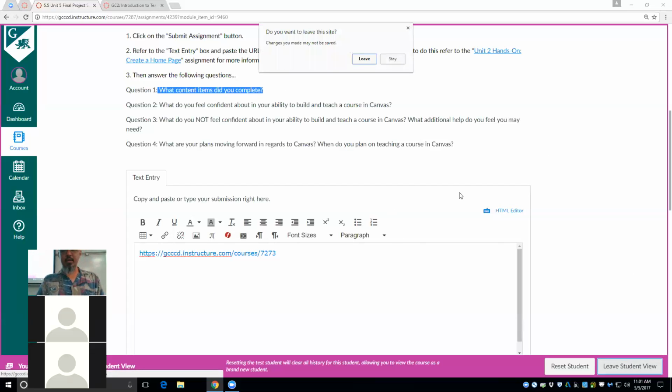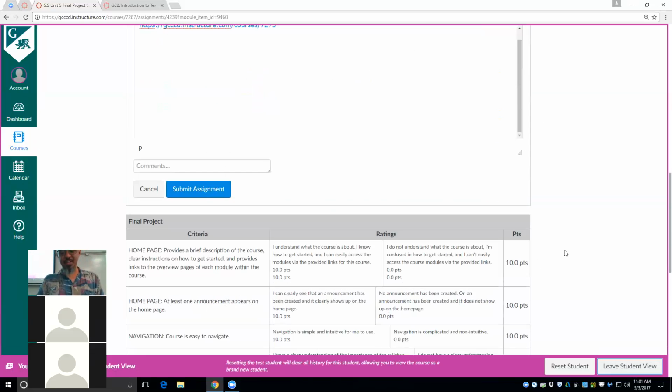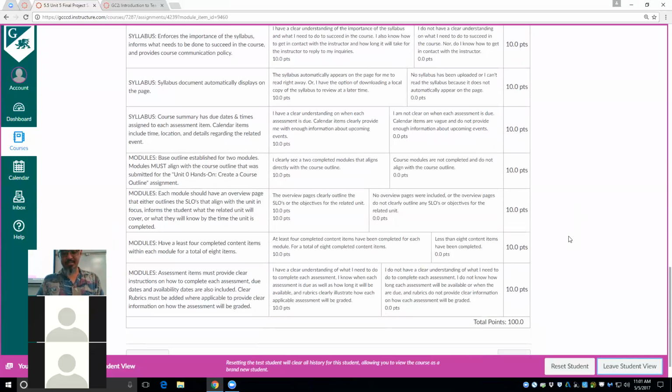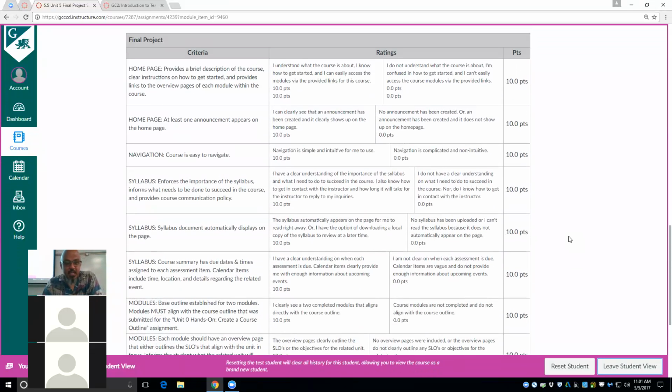Actually, the rubric. The half-assed, if you want to see the rubric, this is the actual rubric here. I created this myself, and I still need ideas on how to create better rubrics, but basically, when you're reading this, don't feel overwhelmed. When you're actually reading the actual rubric,